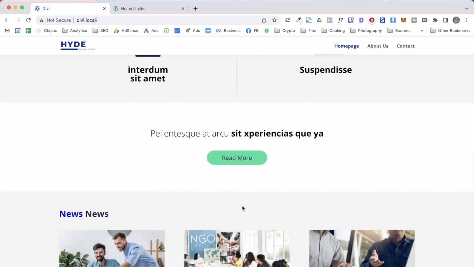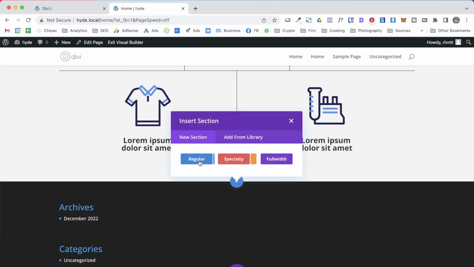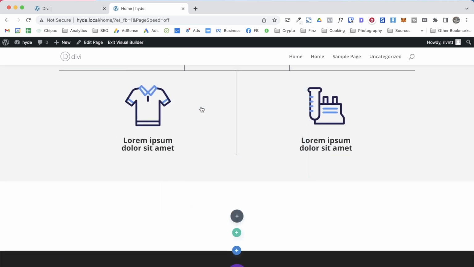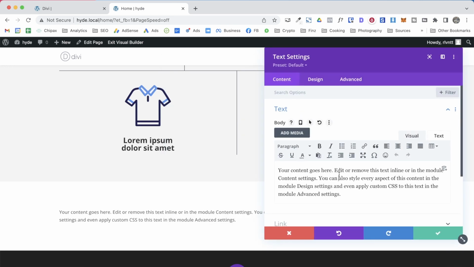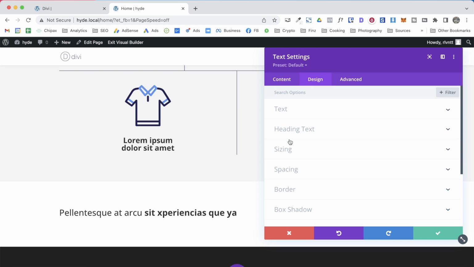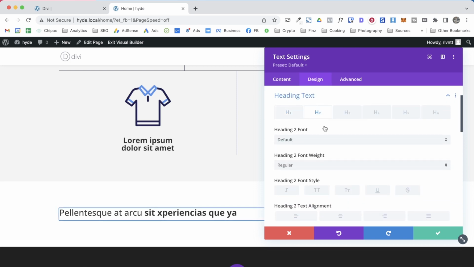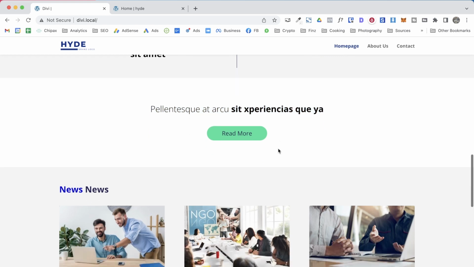Okay, so we have this new section with white background and just this text and a button. And what I'm going to do is add a new section, a regular one, just one column row. Let's add a text. I'm just going to paste it here. This is an H2. Align it to the center, and